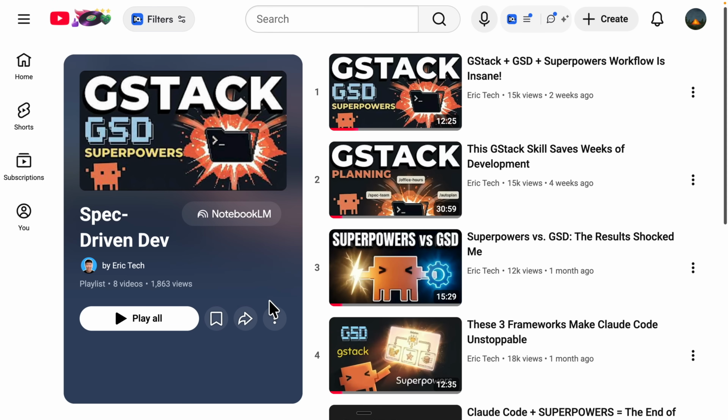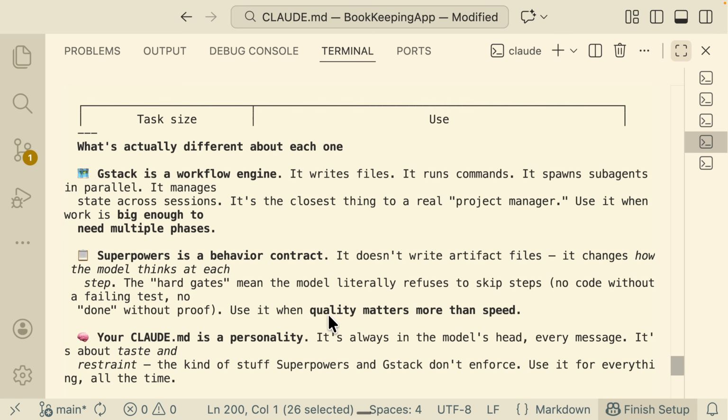Let's take a look at the clear difference between this and all the skills that we have mentioned on this channel, like GStack, Superpowers, GSD, all those spec-driven development frameworks that we have introduced. And a clear difference is this. GSD, Superpowers, GStack, they are all skills that are triggered whenever we trigger them, right? But the Claude.md file is different, in that we enforce those rules inside our Claude.md file, kind of like a personality embedded into the model's brain.